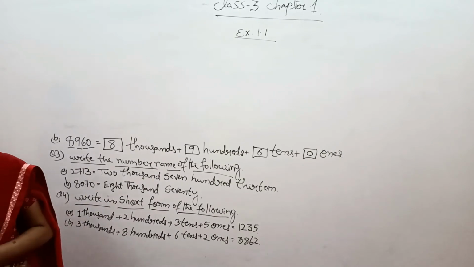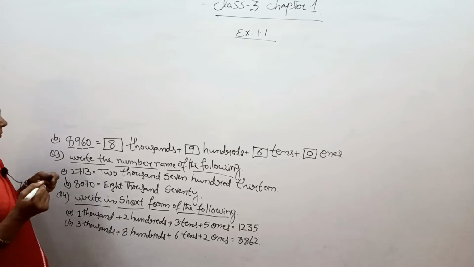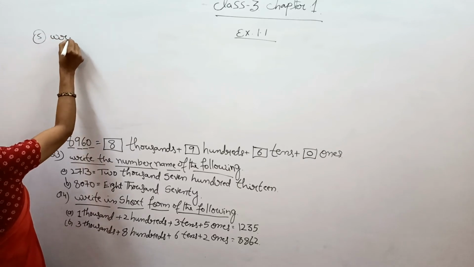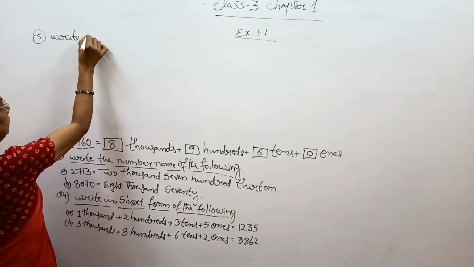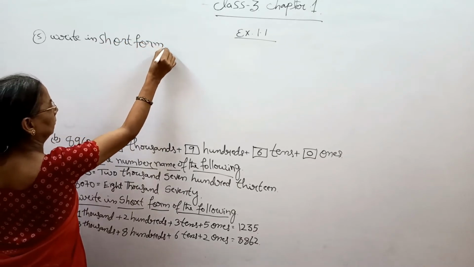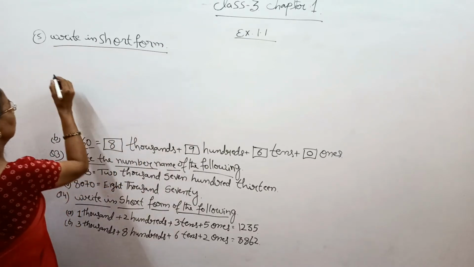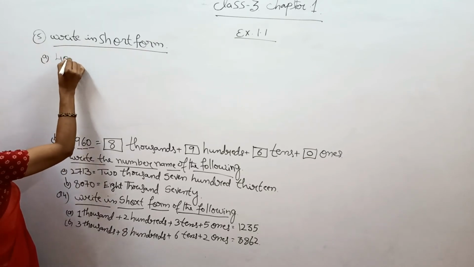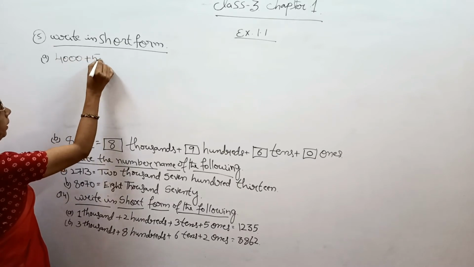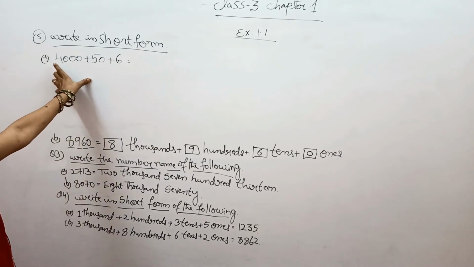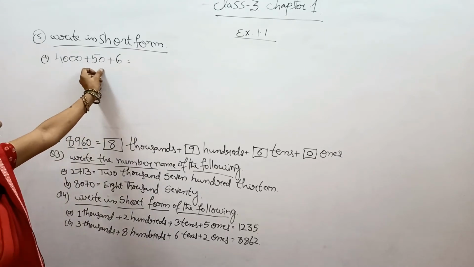That is, write in short form which is given in numerals. The first question is 4000 plus 50 plus 6. Here we see that 4000 is given, 50 is given, 6 is given,